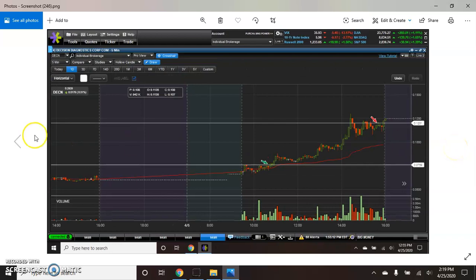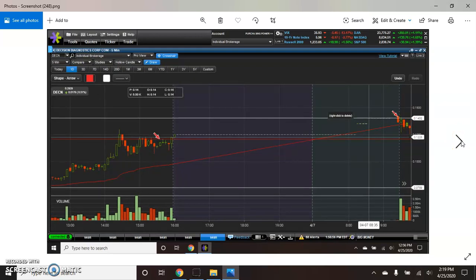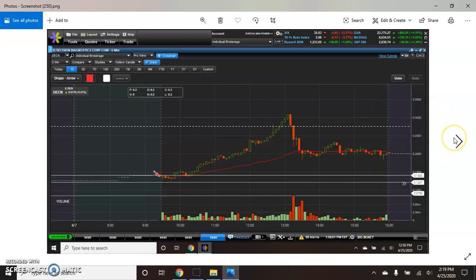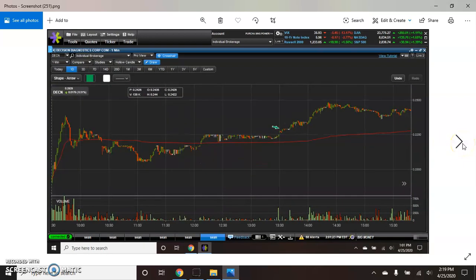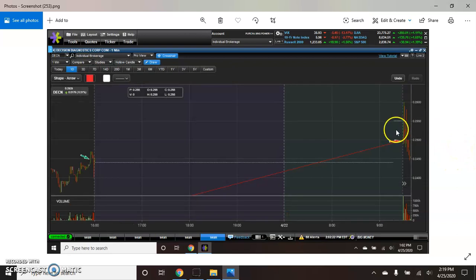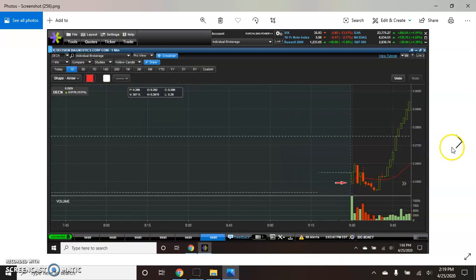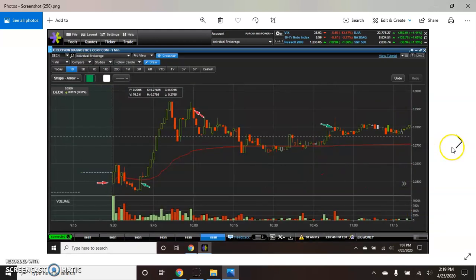All right, let's get you back to it. So these were my entries here. Exits. This is what happened. The previous close, like I was explaining, getting over. Crash. This is on the 5-minute chart. Now, this is the exact same thing that happened last time. And check out exactly what happened. Buy, first green day, sell, holds, pulls back right over high of day. Okay, and